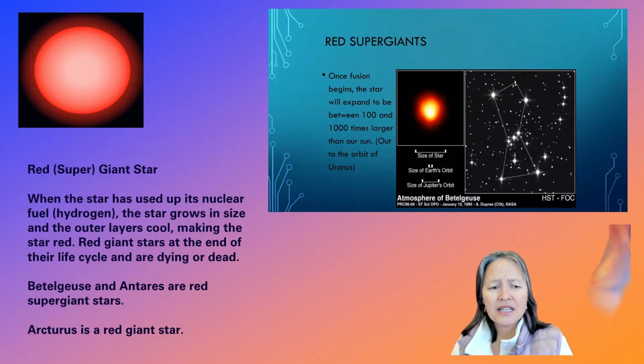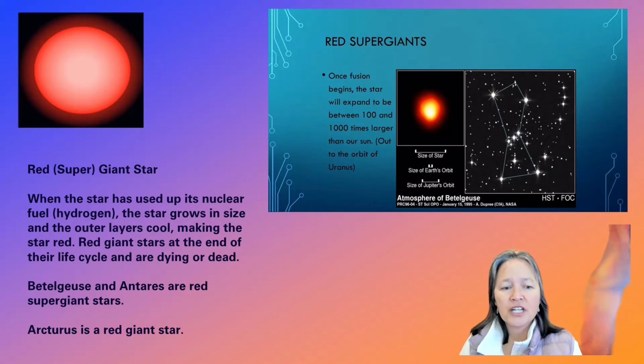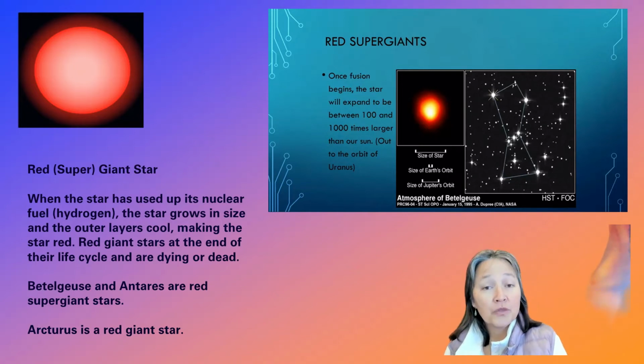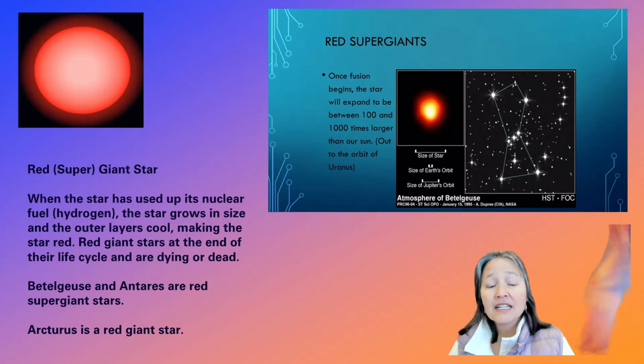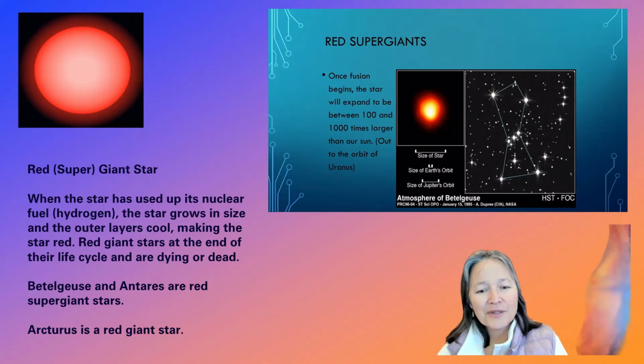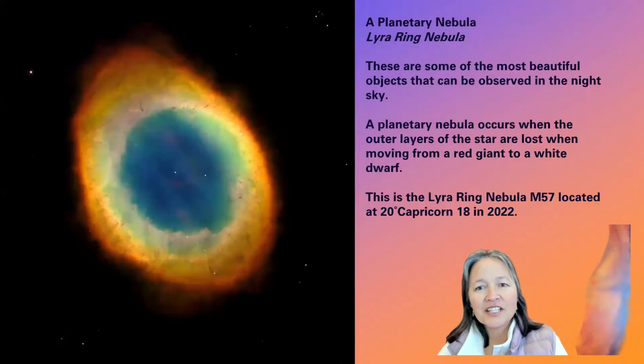Isn't that interesting? So we've talked about Betelgeuse, but we can look at Antares, the beautiful fixed star Antares, as red supergiants. And we'll call in the star Arcturus, not as a supergiant, but as a red giant star. So here we go. Who's supergiant and who's giant? Arcturus, thank you very much. You're a red giant star.